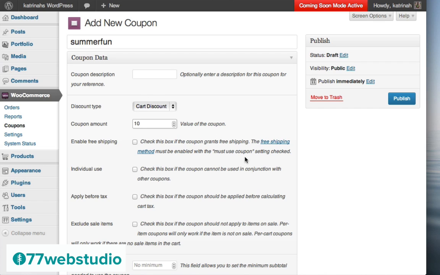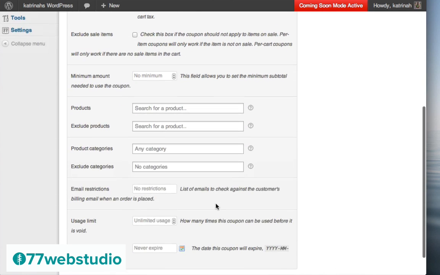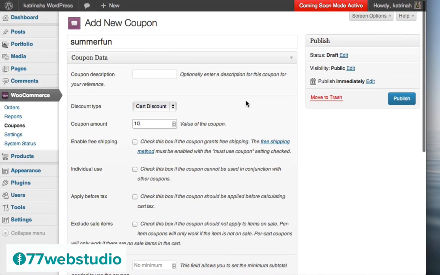That will be the coupon amount, and then you can once again check out all these different items, whether you want to enable free shipping, individual use, if you want to apply this before the tax, if you want to exclude sale items. Here are all the different settings. You can read through them. I'm just going to create a simple across the cart $10 discount, and I'm going to click on Publish to publish this coupon.